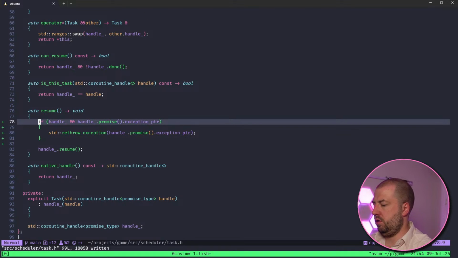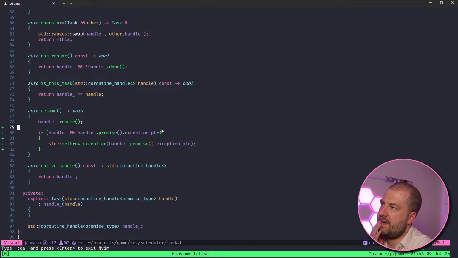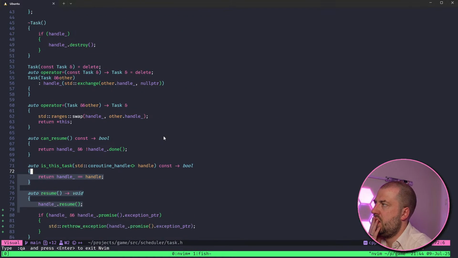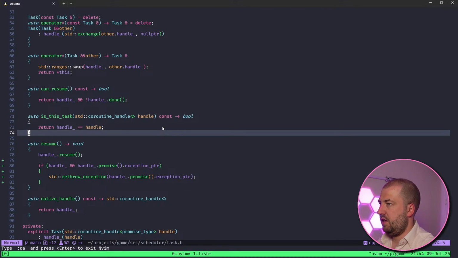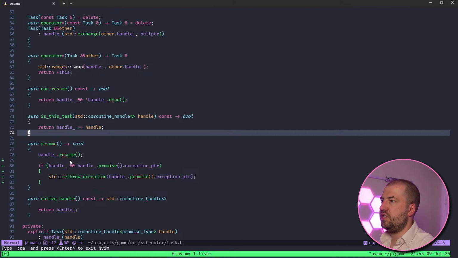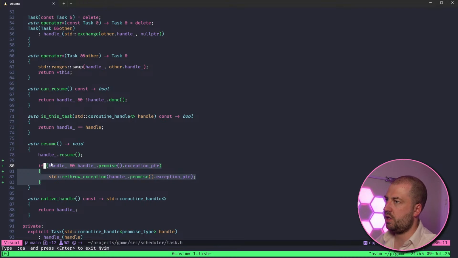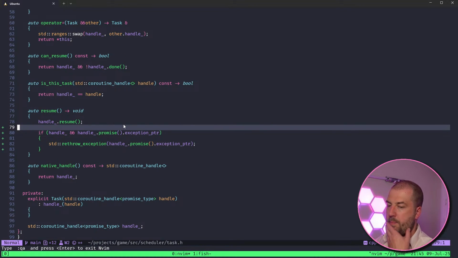Yeah, it's definitely wrong. Okay, let's try some things. Well, we're checking that we get the pointer back. What's strange about this is I've got nothing. I'm not throwing any exceptions. It's purely the fact that it's running through this code. Okay, and it's probably the fact that it's getting the promise. So I guess the promise is bad.